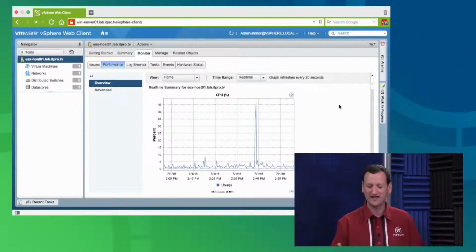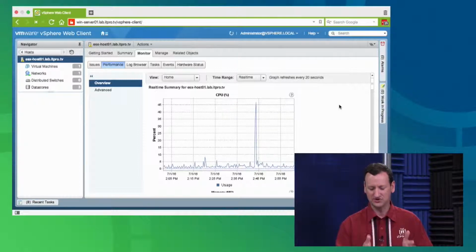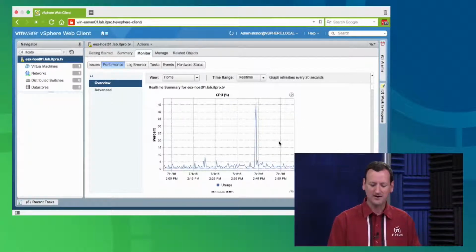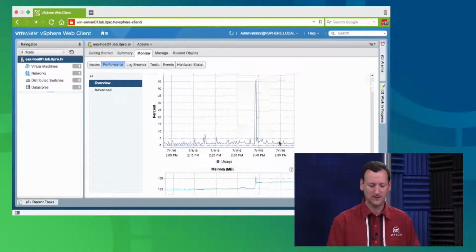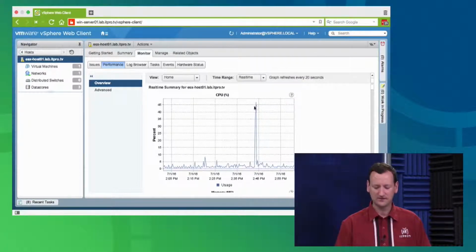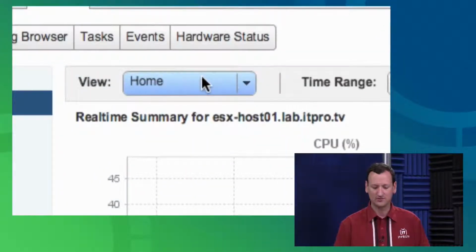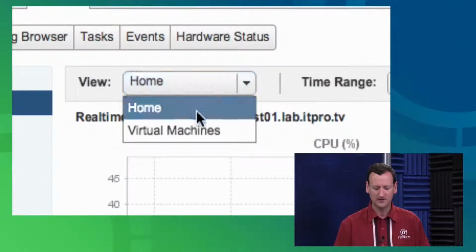And now it's going to show the last couple of hours, or actually I guess it's the last 2 hours, and it's going to show you some real-time data. So this is what's going on in the system right now versus the last few days, right? But now I can monitor CPU and memory and so on. Key thing to remember about this screen, the thing a lot of people forget, is this View tab right here. Under View, I'm set to Home right now, but if you drop that down, you'll see that I can flip